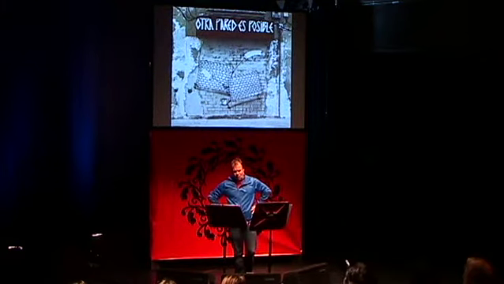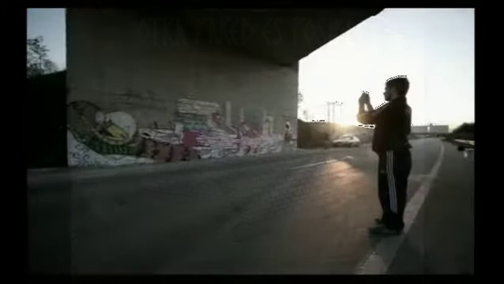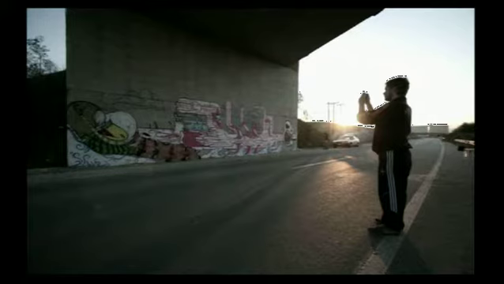Illegal wall painting is also an important part. Most people don't really like illegal paintings outside, but I really love them because they are much clearer and simpler. This painting is just called Another Wall Is Possible. As you see, there's a clear message that even the walls want to be painted by themselves. And illegal painting doesn't mean you always paint at night. It can also mean that you're painting during the day, like this one.